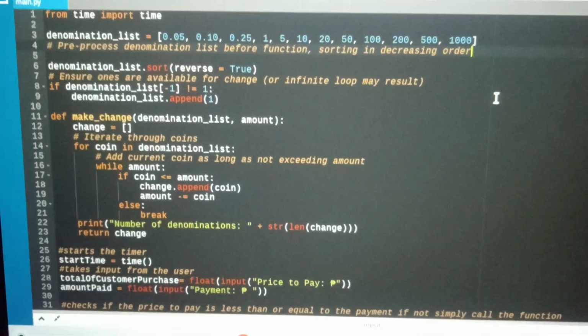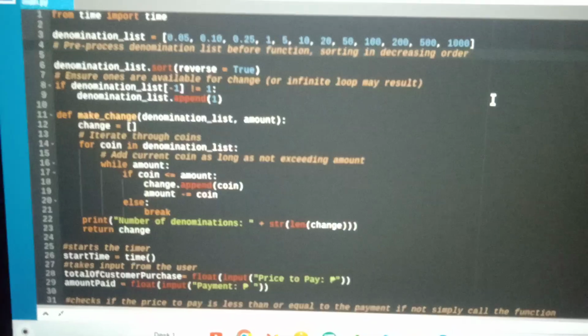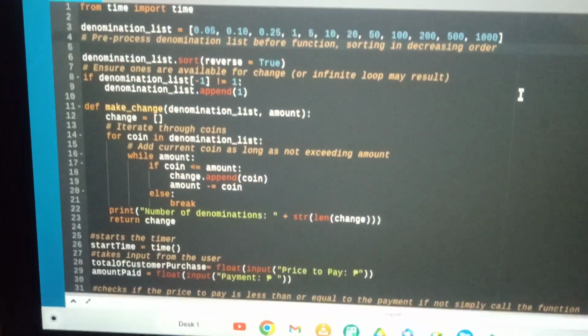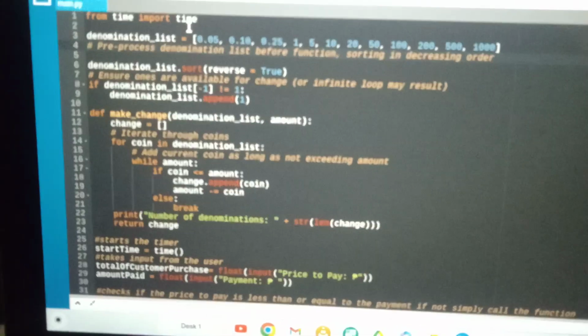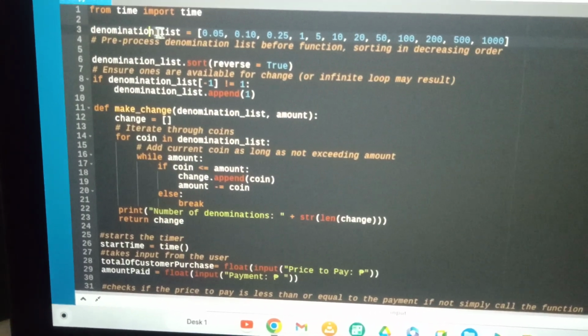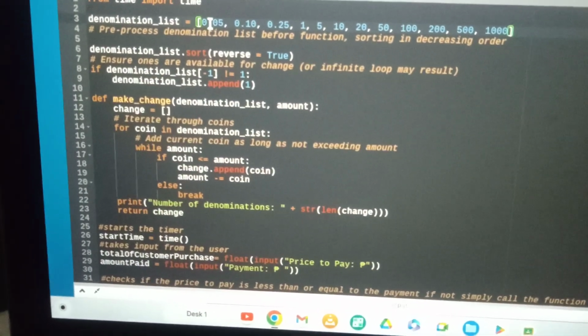This is our code for the greedy algorithm of the problem which regards the store problem. For line 1, we import time. For line number 3, we list the denominations which are